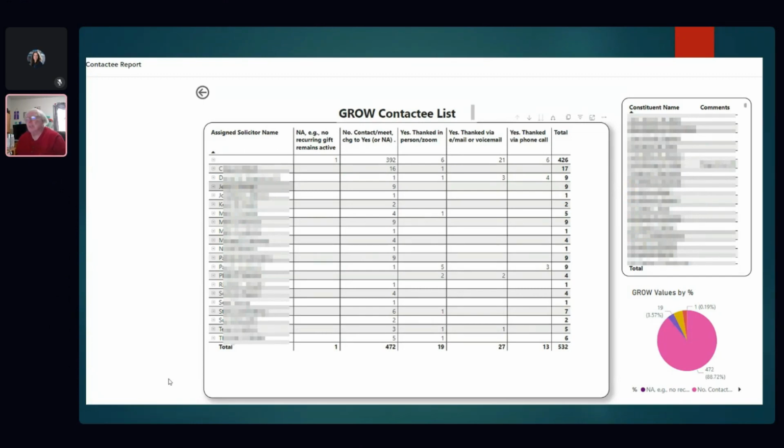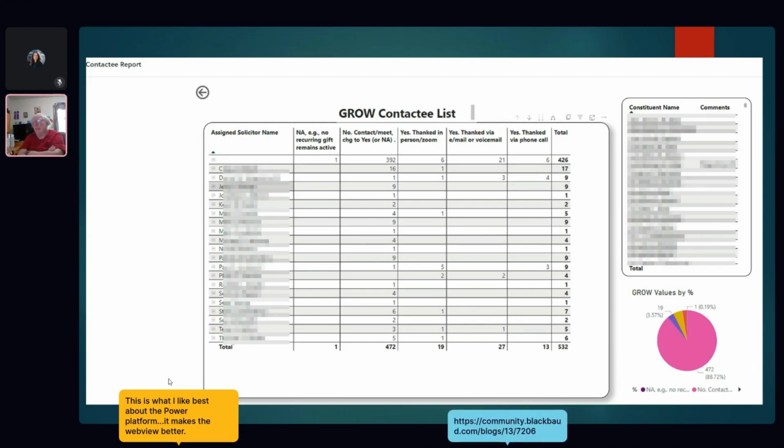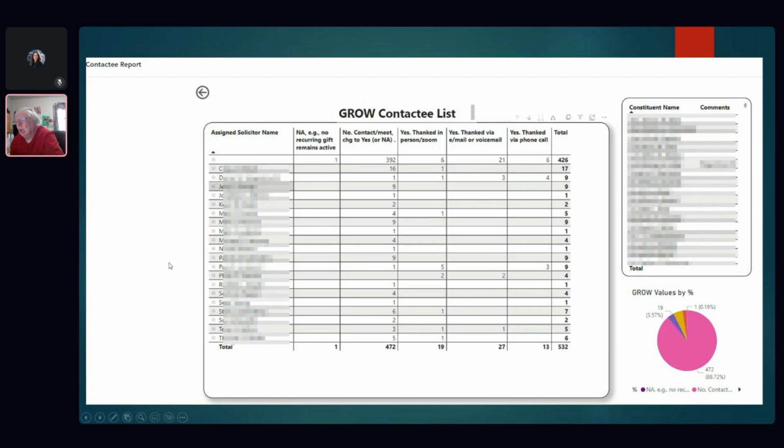On the home page of the record, there is a link to this report, and so this is not a report that is specific to one person, but rather it's an aggregate report. And we have different, what we call contactee custom fields. So it could be campaign, people in a campaign we've identified we want to reach out to. In this case, these are our recurring gift donors, and we want to reach out to them once a year to say thanks and maybe update their recurring gifts if that's of interest. So we've identified 532 of these people, and these are the people we want to reach out to once a year.